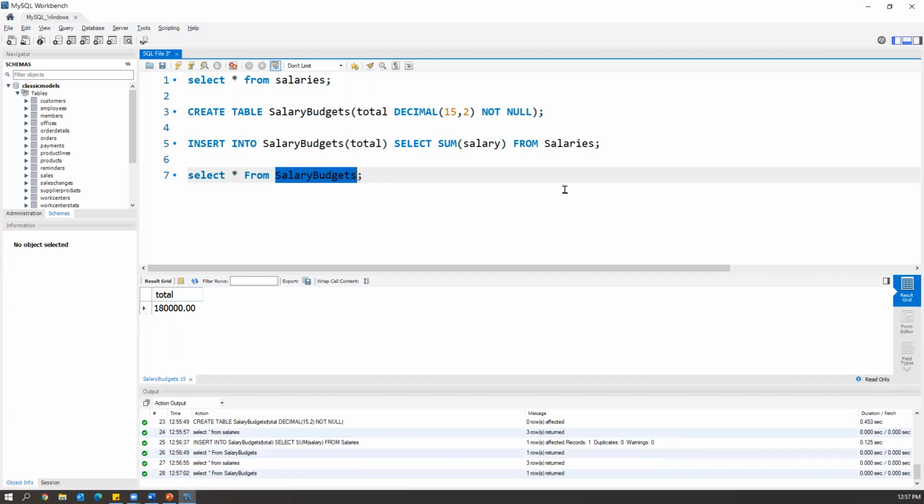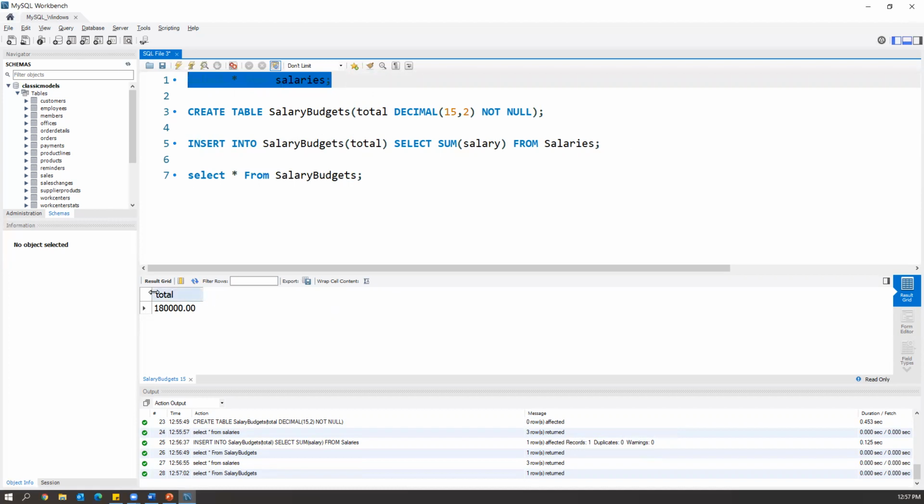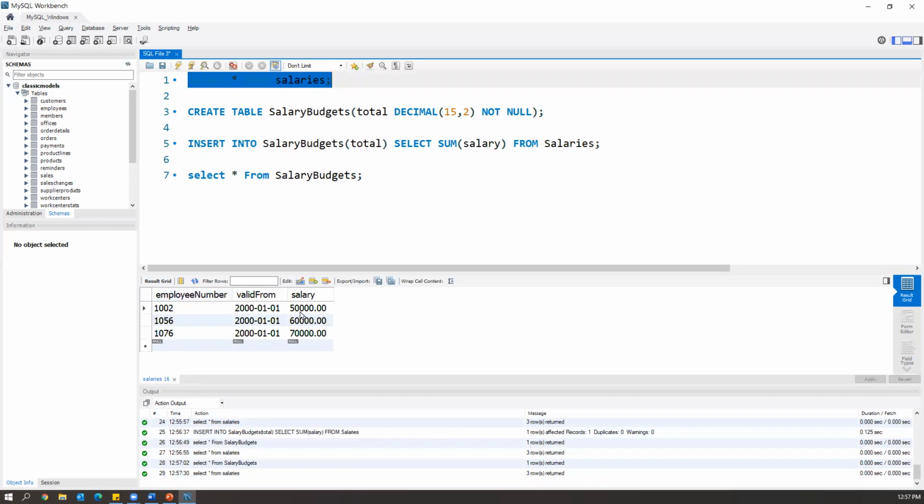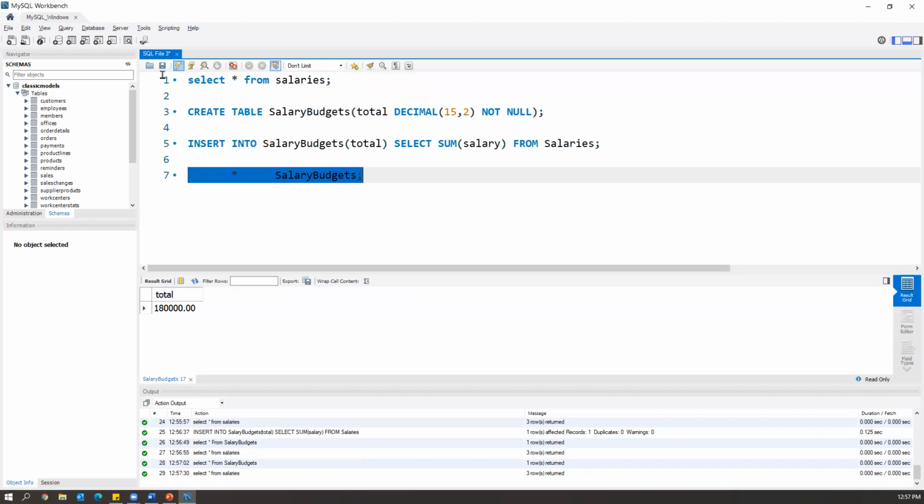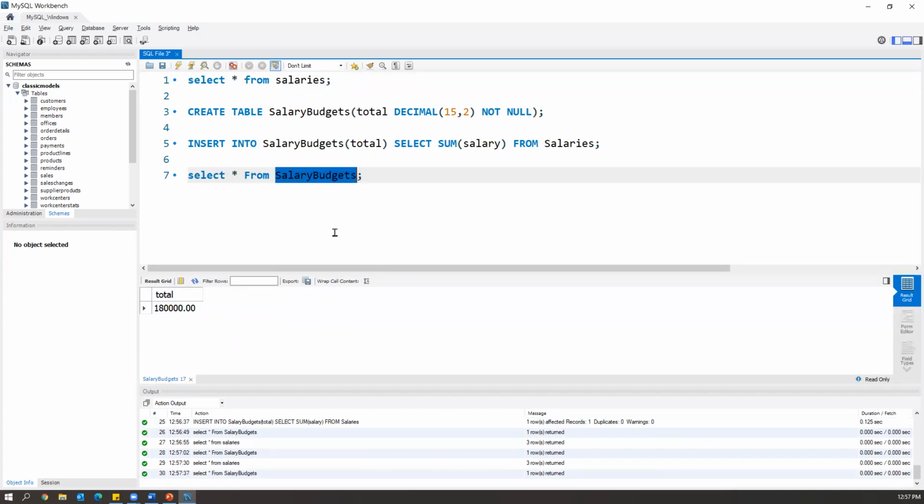Okay, now perfectly fine. So now what I want to do is create a trigger, and what the trigger will do is, whenever you perform a delete operation on the salaries table, the corresponding salary value should be deducted from the total value of the salary budget table. So that is the functionality of your trigger. Because the total value is representing the sum of all the salaries. And suppose I just want to delete the first record. What is the value here? 50,000. So as soon as you delete this record, that 50,000 value should be deducted from the total value in the salaries budget. Okay, for that we need to create a trigger.